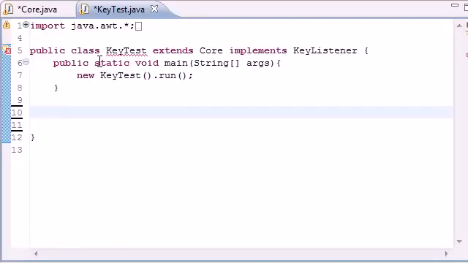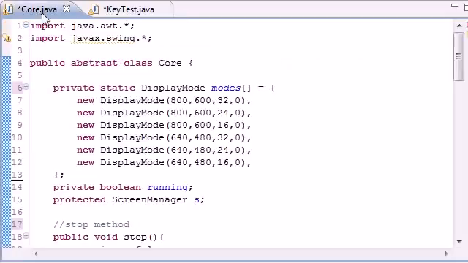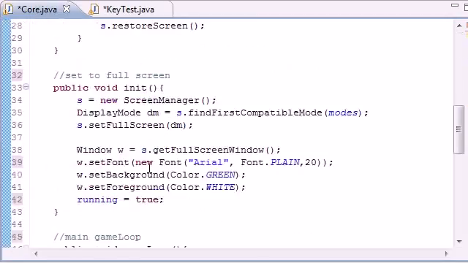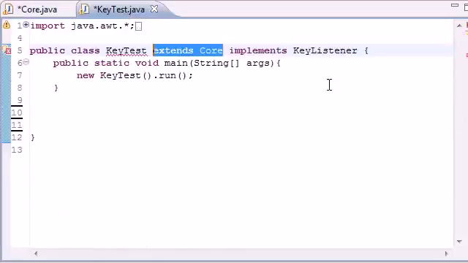I went ahead and made another class right here called KeyTest to demonstrate what I'm going to be teaching you, and that's how to get keystrokes or events from the user. Now, as you can see, instead of having to type all that code again, I just extends Core, which means inherits from this Core.java, and now it inherits everything in here. How awesome is that? So now the only other weird thing I did is I did something that says implements